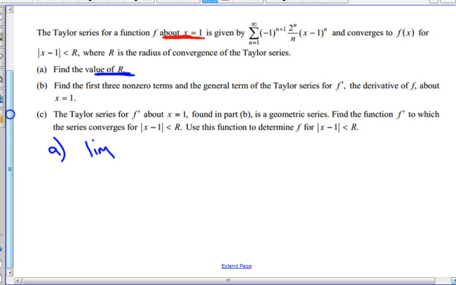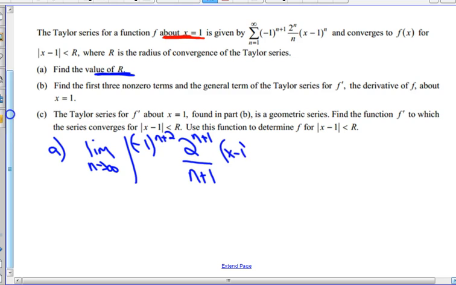Let's take the limit. As n goes to infinity, we've got the absolute value, and I put in n plus 1. So I have negative 1 to the n plus 2, because n plus 1 plus 1. I have 2 to the n plus 1. I have on the bottom n plus 1, and I have x minus 1 to the n plus 1. Now I'm going to divide by the nth term, and why don't I just immediately multiply by the reciprocal? So on the top I have the n, and the bottom I've got a negative 1 to the n plus 1, and I've got a 2 to the n, and I've got an x minus 1 to the n,